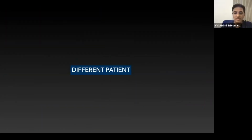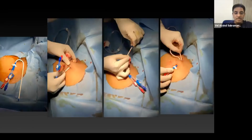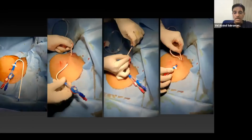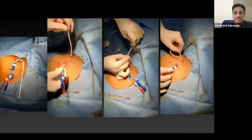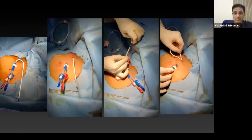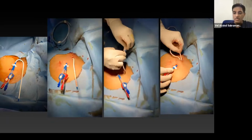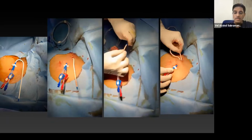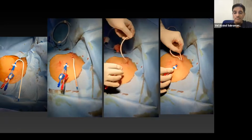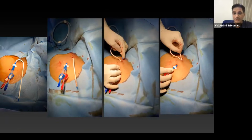And this is a different patient I will show you. This is the one point everybody finds difficult. So just make it like this, and put a guide wire. Here I didn't put the dilator. This is a technique I used many months ago. Now I put a dilator in situ to avoid blood gushing back from the dilated vein. And once I put it,